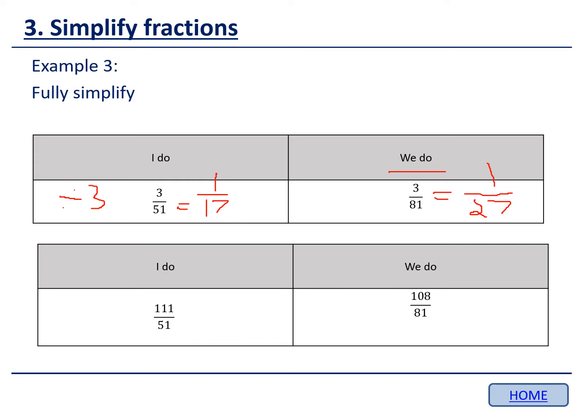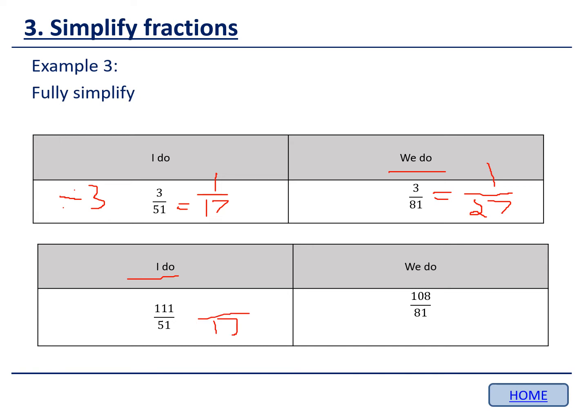Okay, I do. All right, now we've got a top-heavy fraction. So that tells me that we're going to end up with a mixed number fraction here. Firstly, I want to focus on simplifying it down as it's been asked to do. We already know from the I do up here that this is 17 threes in 51,